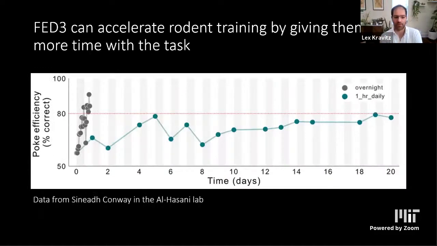Sinead Conway in Reem Al-Hassani's lab did a comparison here where she recorded in a more traditional way using the FED3 in 1 hour daily sessions. So that's in these turquoise dots. And we looked at the same metric of poke efficiency. How are they learning which side gives them the pellet? We see that if you do 1 hour daily sessions, it takes about 20 hours or 20 sessions to get to 80% efficiency. If we compare that to our overnight session, where they're getting there in the first night,